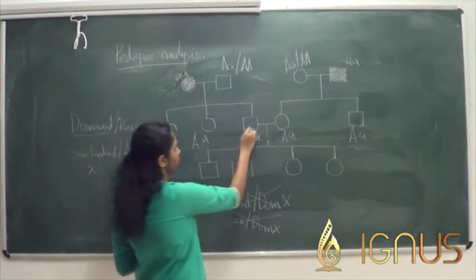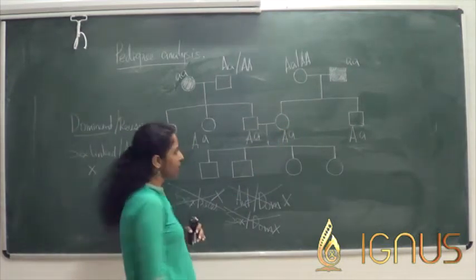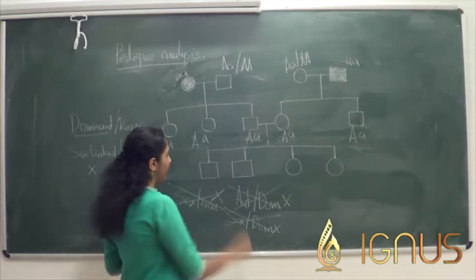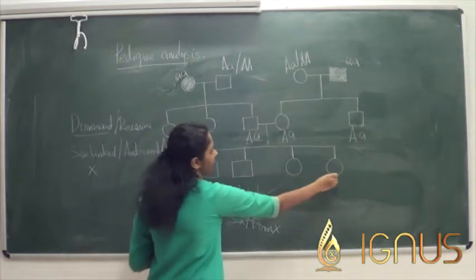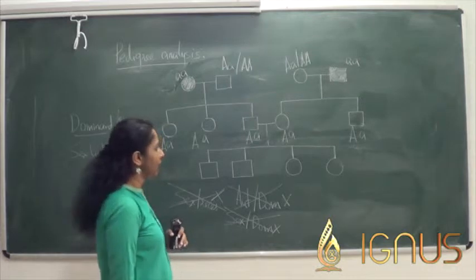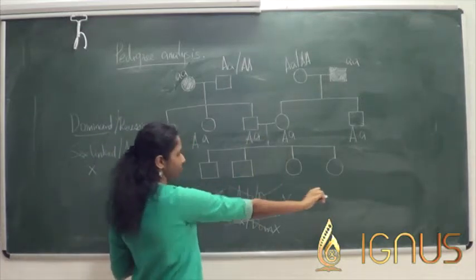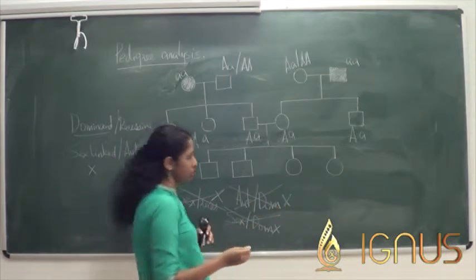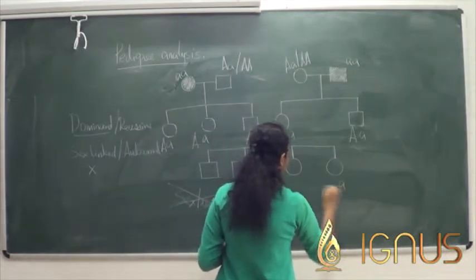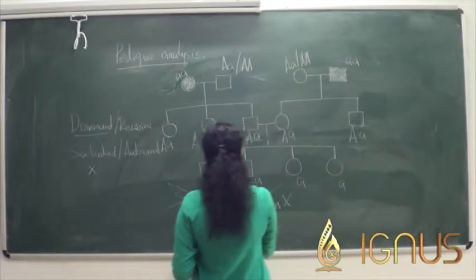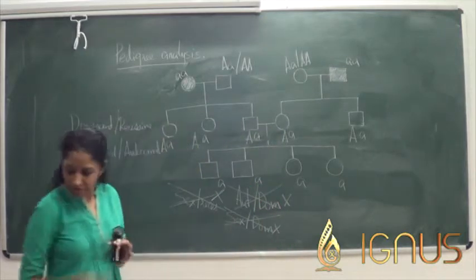Now these two are mating, so the female here and the male here are mating, and we see that none of them are affected. So it can happen that the inheritance pattern for this, because it is autosomal, will be that they are all getting one of the